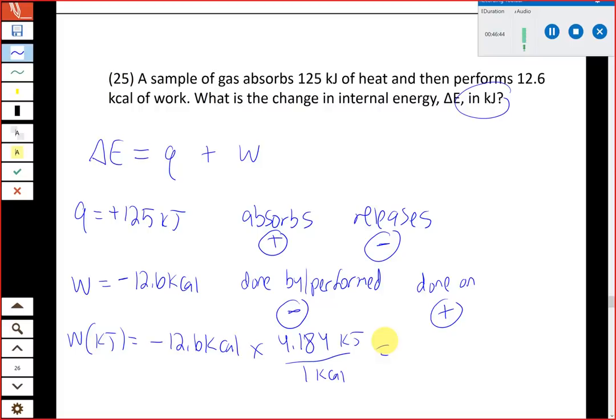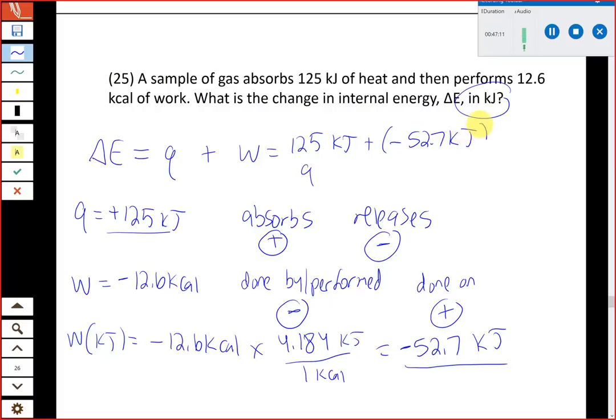All right, so what we get is 52.7 kilojoules, still with the minus sign out front. And then finally, we can add these two numbers together. We have Q, which is plus 125, W, which is minus 52.7, and the sum of those is going to give us delta E. So we have 125 kilojoules, that's Q, plus negative 52.7 kilojoules for W. And so what we end up with, 125 and then negative 52.7 is